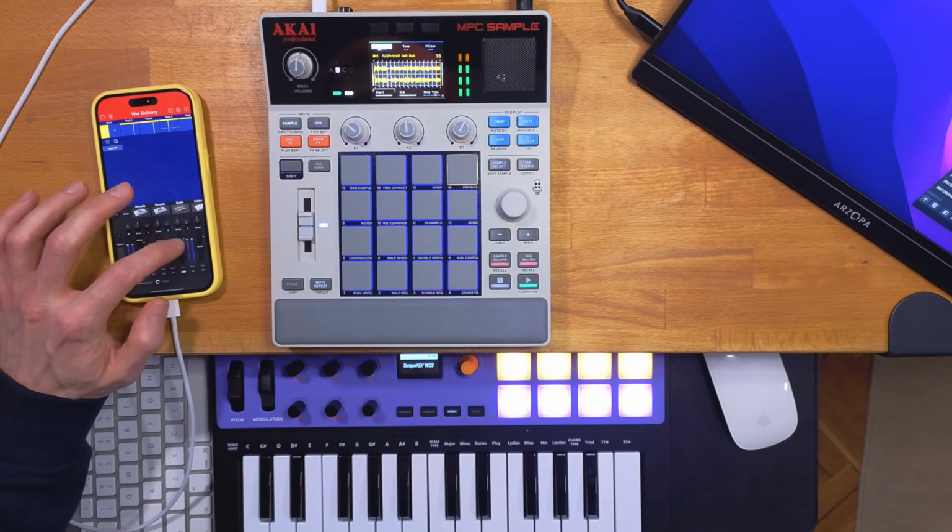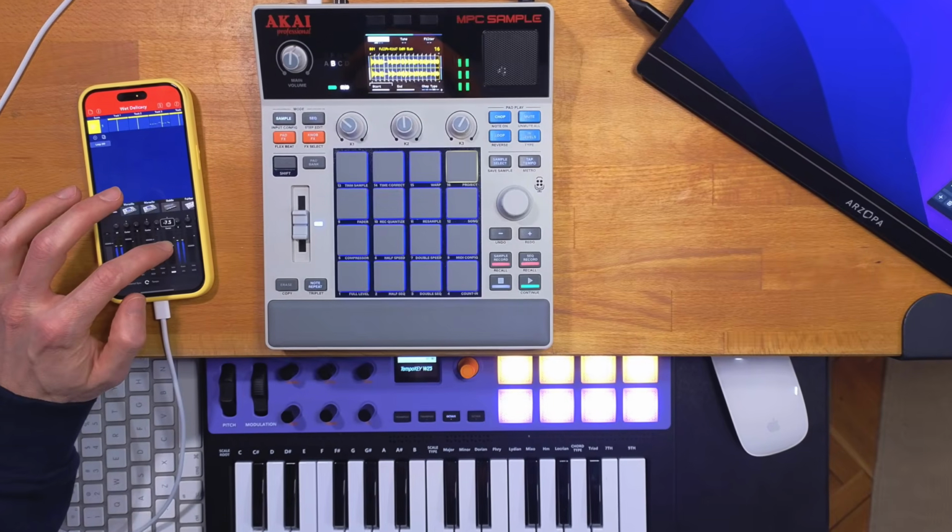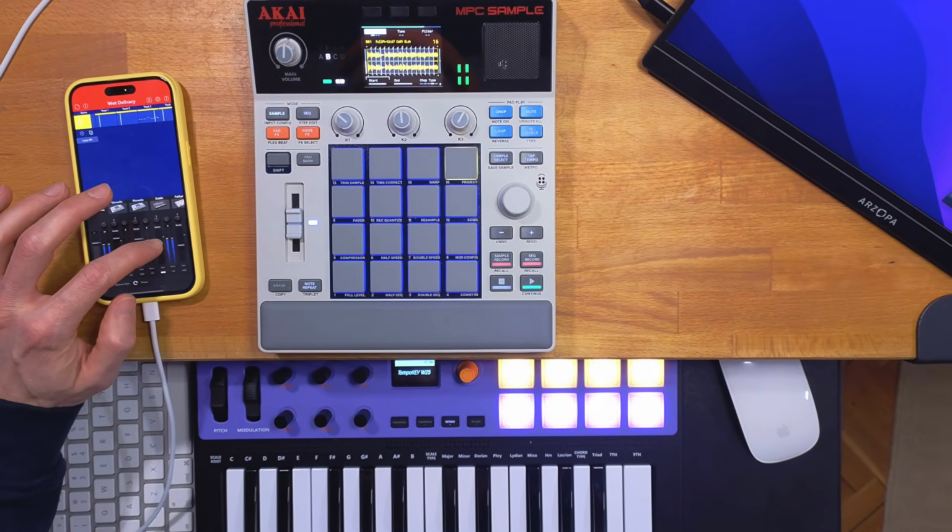step by step how to use an iPhone or iPad as a sound module alongside MPC Sample to augment your sample-based beats, and hey, without being hyperbolic, this enables you to get to a whole new level for your compositions as opposed to just straight up using